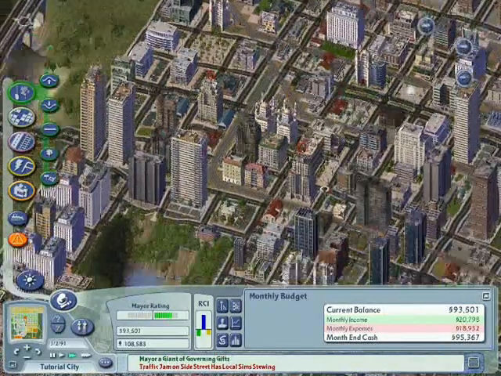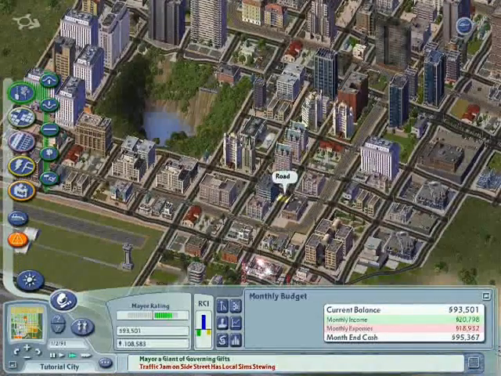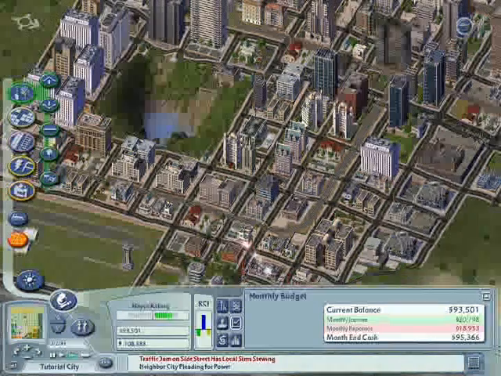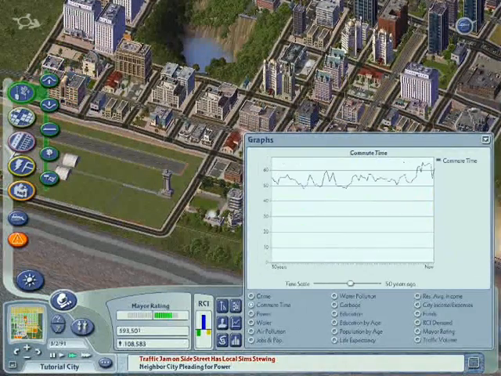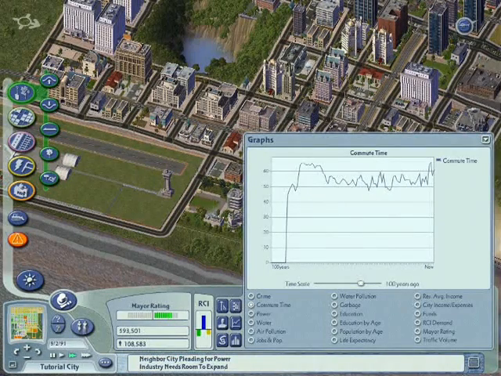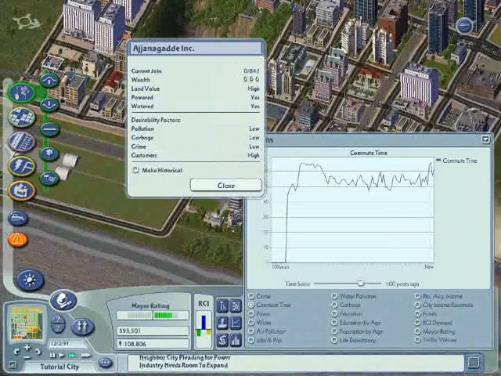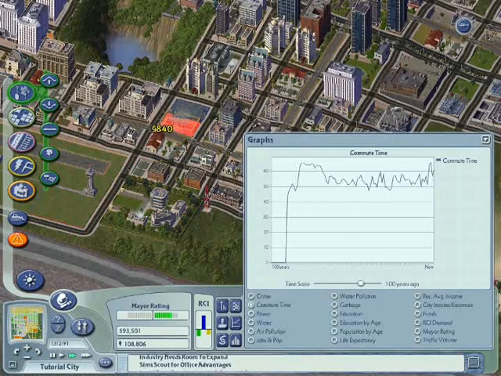So we shall wait for the city to grow even more. And right now I can look back at the data views of my city over the past 100 years. As you can see, commute time is constantly around 55 or so, but in recent time it has increased. And as you can see at the commercial office, the ugly building is coming out again, so I shall demolish